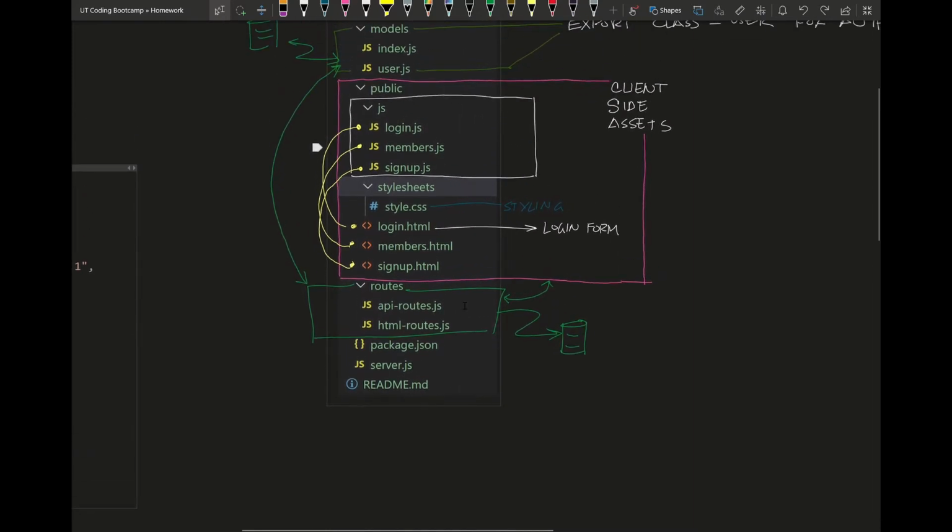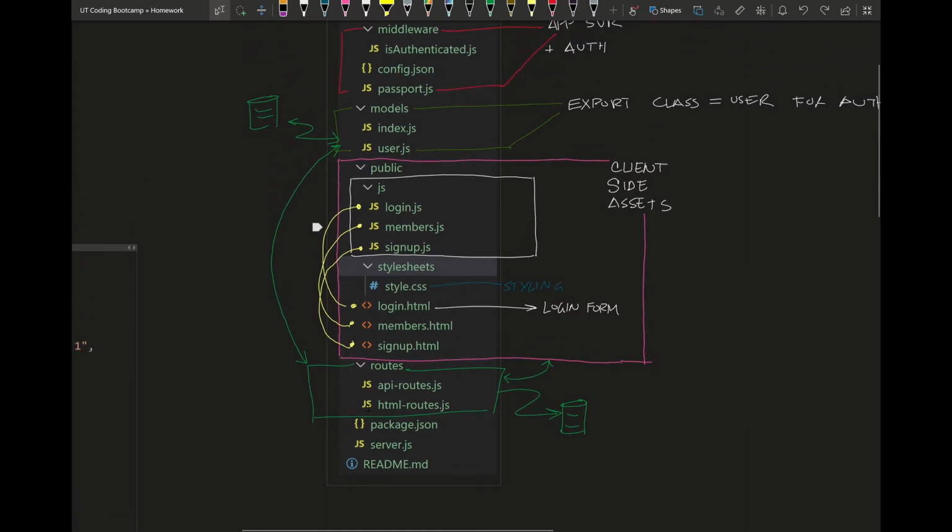So starting from the bottom and going up, in the routes directory we have API routes and HTML routes. Looking first at the HTML route, we can guess that this JavaScript file is going to handle the communication between the HTML files. More or less, if you want to navigate between pages, for instance login, sign up, member, on first instinct you're going to say that this HTML route is going to handle all this communication, and perhaps even the form submissions